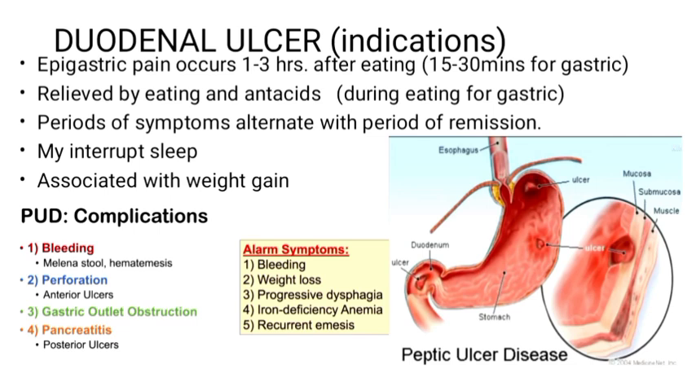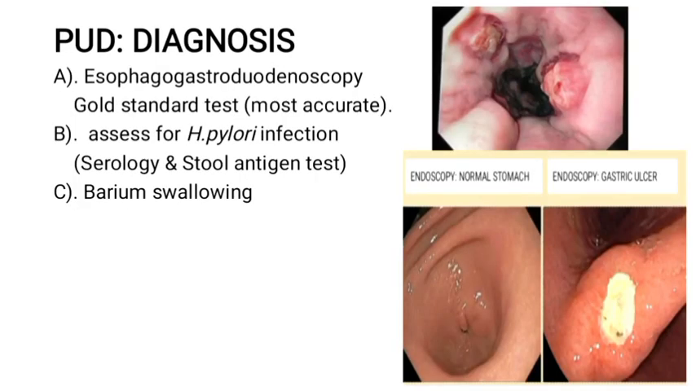But also you have complications associated with this. The first, we have bleeding, perforation, gastric outlet obstruction, and pancreatitis. We have, through diagnosis, the diagnosis, we have